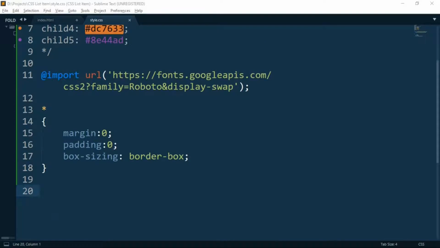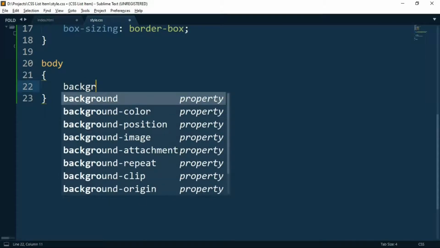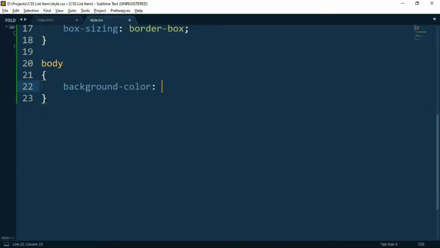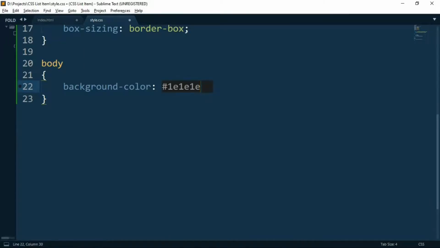So first of all, we need to design the body part, and the background color we need is the lighter version of black, that is 1E1E1E, and we want the color of the fonts to be white.